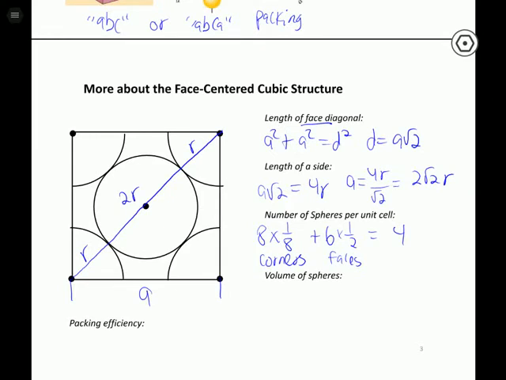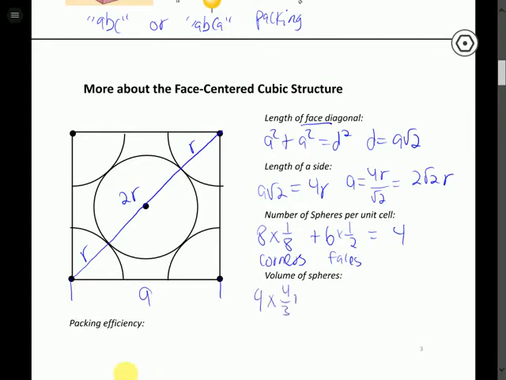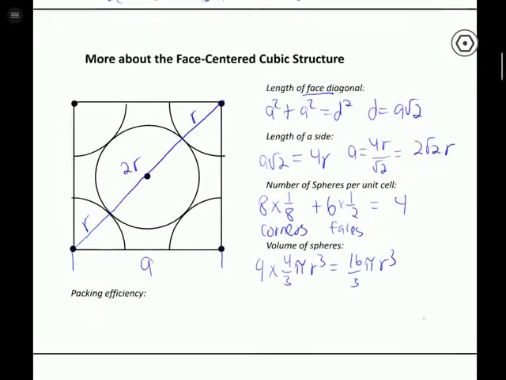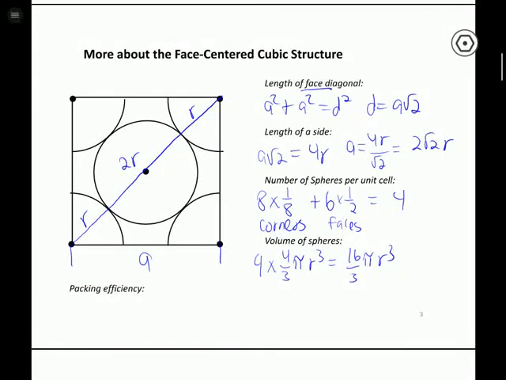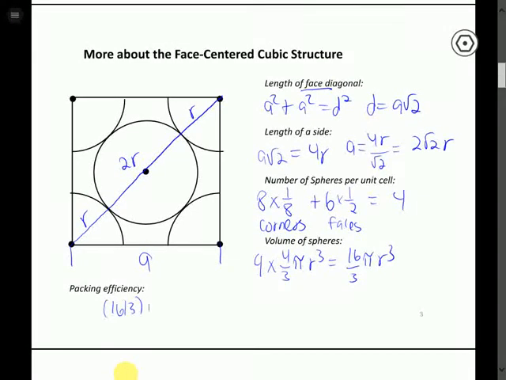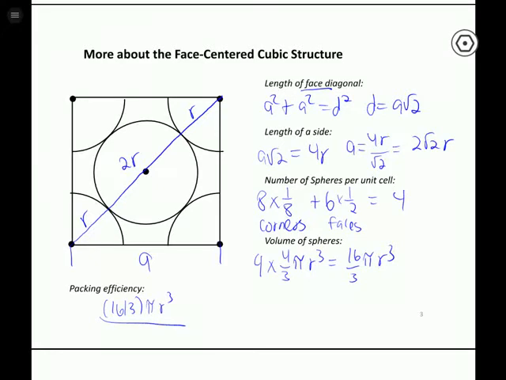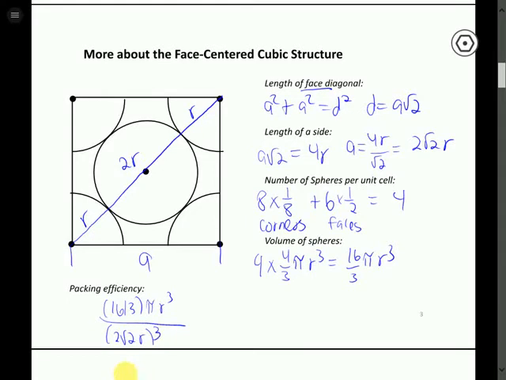That means the total volume of all the atoms, we have 4 of them, each with a volume of 4/3 pi r cubed, which is 16 over 3 pi r cubed. When we define the packing efficiency, remember we take the volume of the atoms themselves, 16/3 pi r cubed, and divide it by the volume of the cube, which is the length of the side taken to the 3rd power. So it's going to be 2 radical 2 times r, the whole thing cubed. We multiply that by 100 to convert it to a percent, and we get